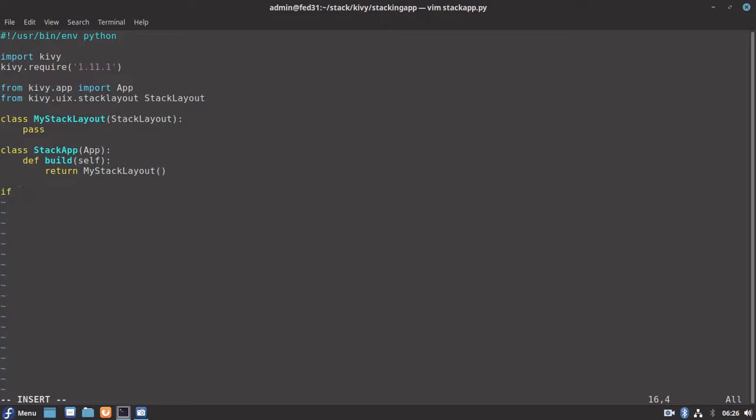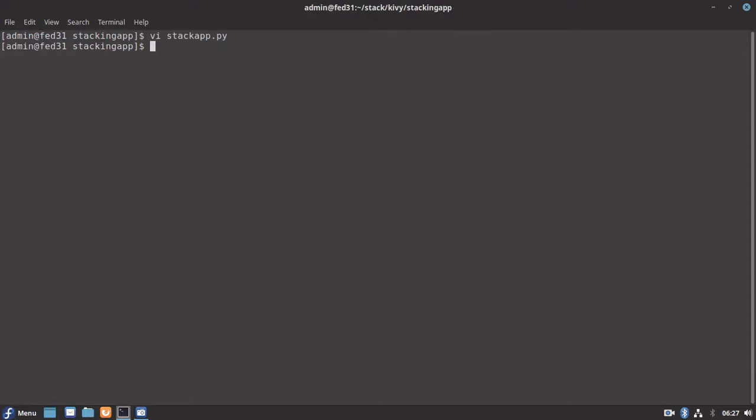And now let's keep our if condition to run this application from the bash console. This will launch our StackApp application and run it. With this it will just launch our empty application with a name called Stack Application. Let's run it and see.